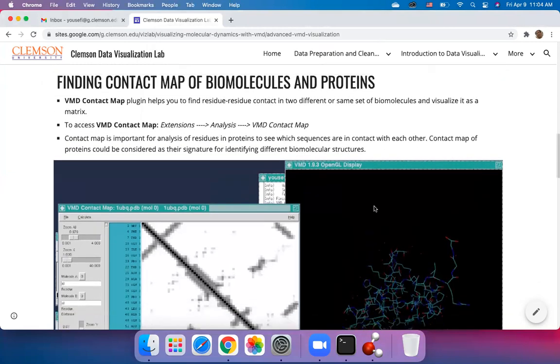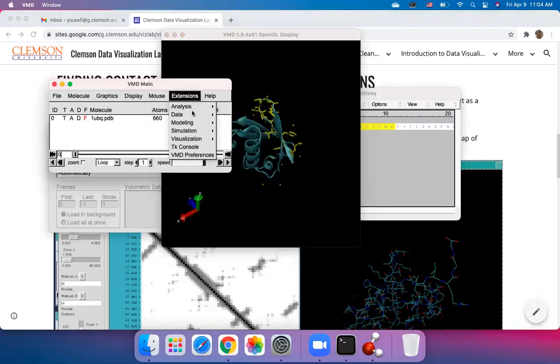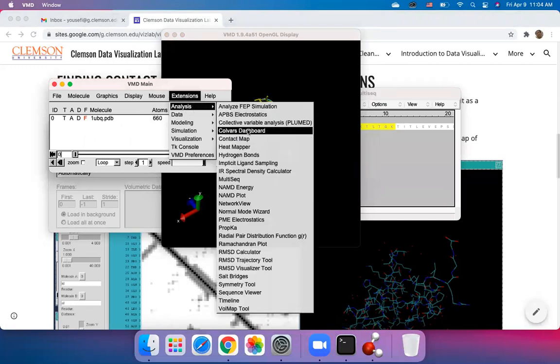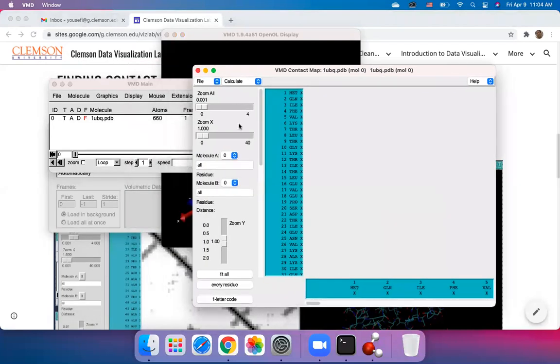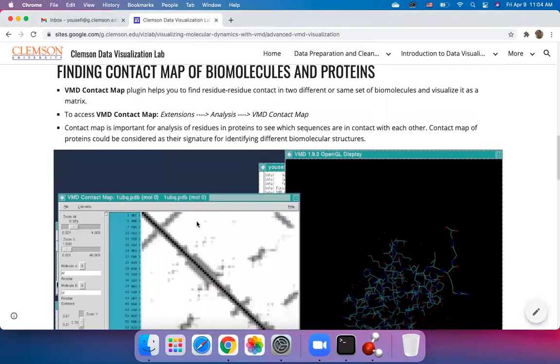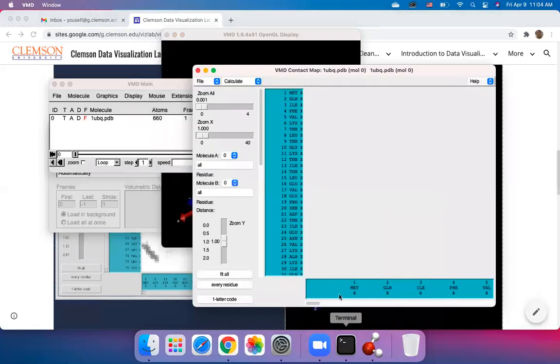The other plugin that we'll introduce here is for finding the contact map of biomolecules and proteins. In order to find the contact map, we go to Extensions, Analysis, and click on Contact Map. Here and click on